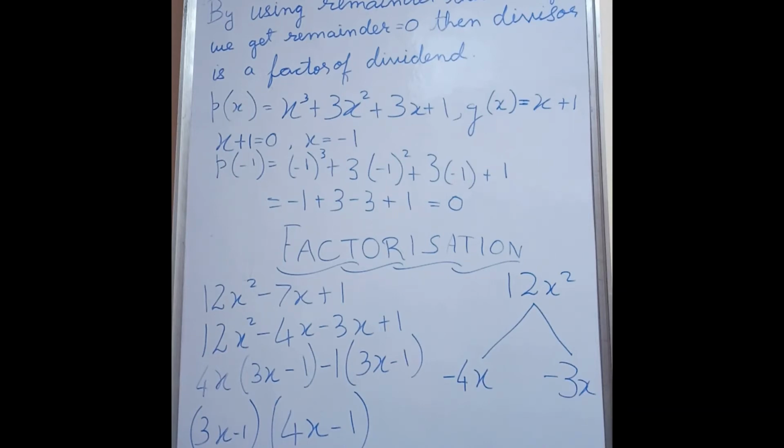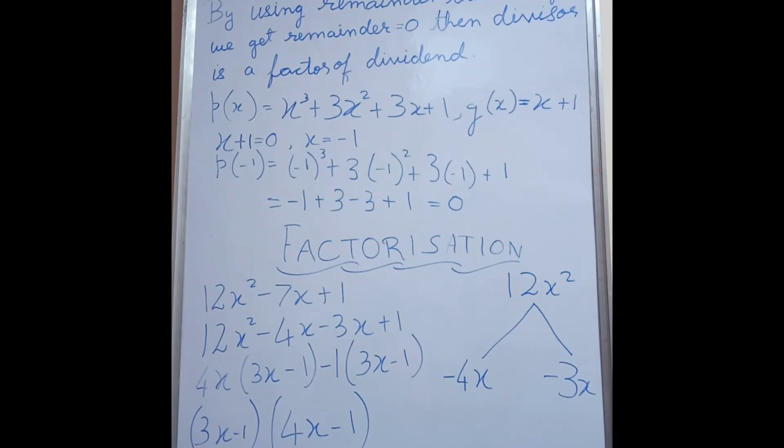So here we see in the first two terms x is the common one, so we take x as common, and inside the bracket we write 3x minus 1. In the second two terms we see nothing is common, so we take minus 1 as common and get 3x minus 1 in the bracket. Now here we see the two brackets 3x minus 1 and 3x minus 1 are the same, so we take it as common,